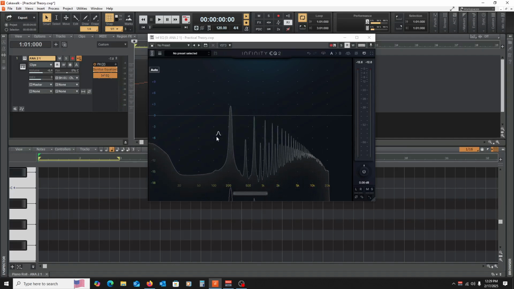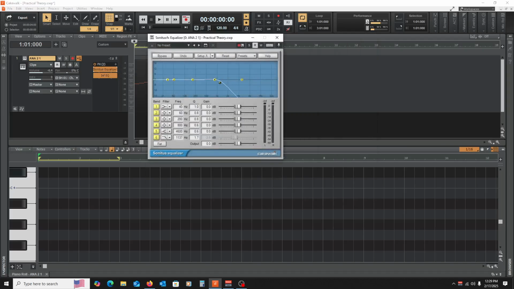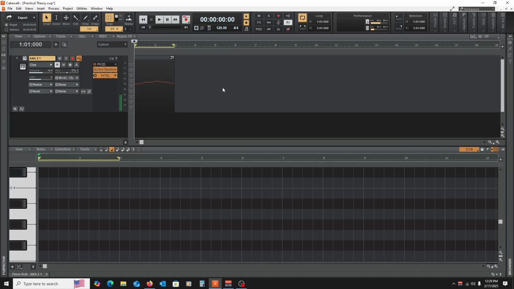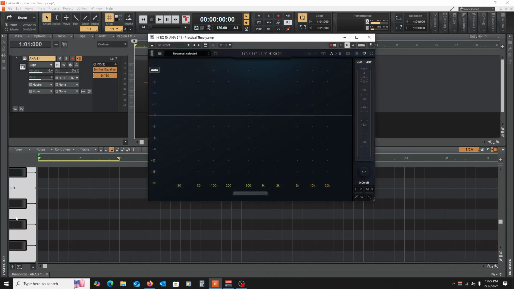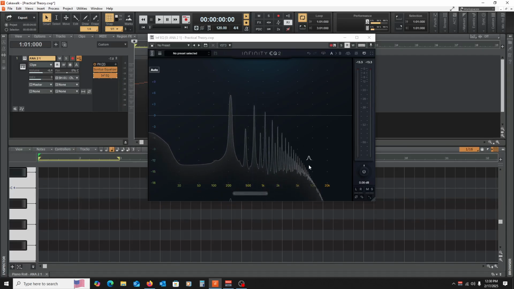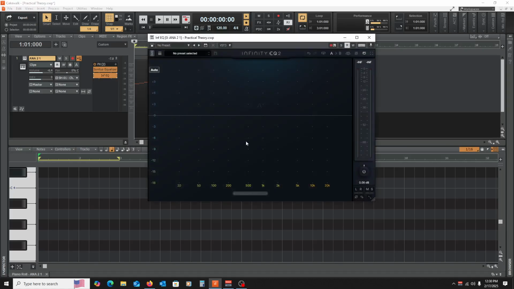And so it sounds different, and we're getting rid of some of that harmonic information. And we can bring this down even more. And if we were to open up our EQ here, you can see that the volume has been turned down substantially on a lot of these frequencies over here, right? And the more we bring this filter down, the more harmonics we remove,